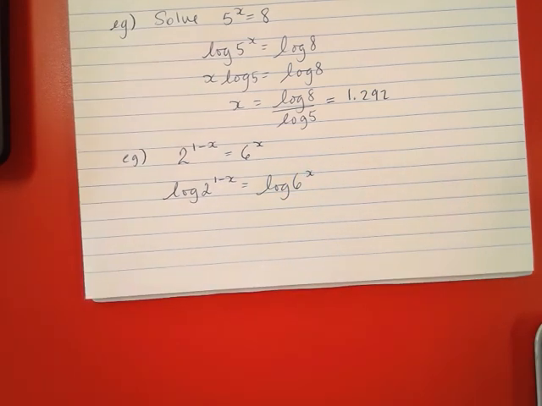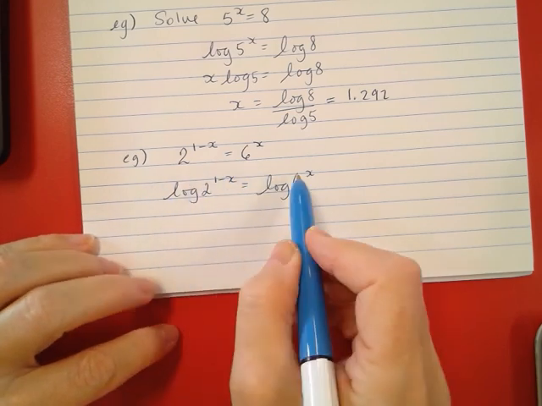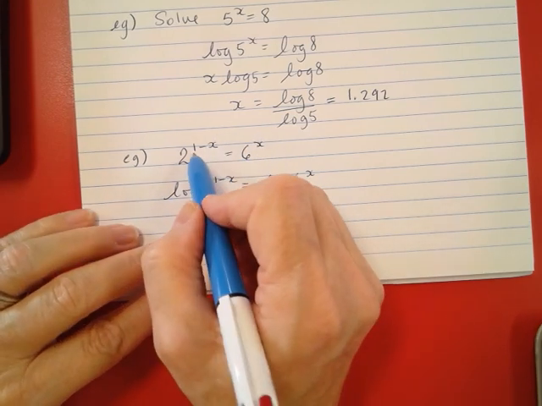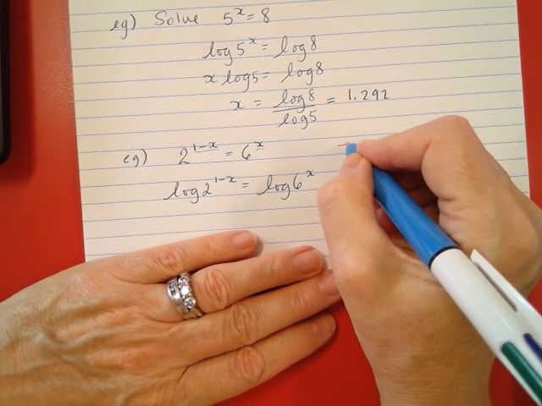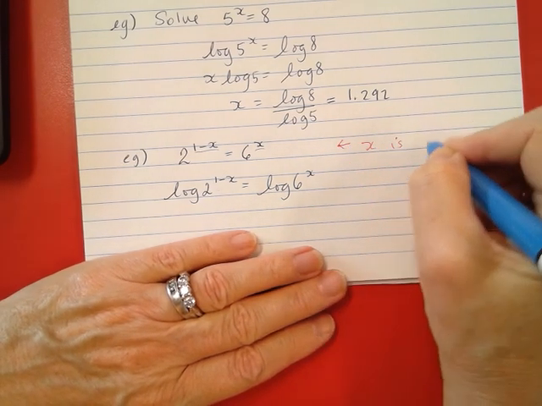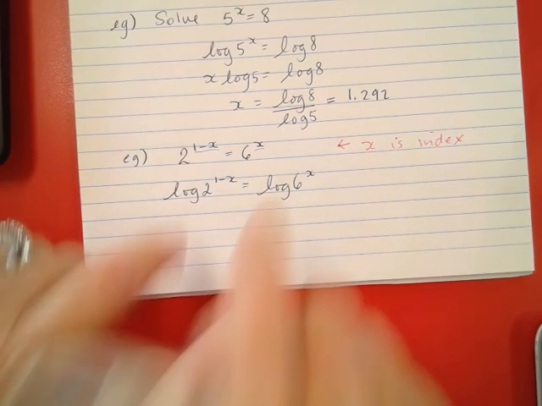Now, the way that I can do this is by just knowing that rule that this comes down the front. And why do I do it? Because x is in the exponent. So the trigger to you, when you see x as the power, that's when you do this log on both sides thing,